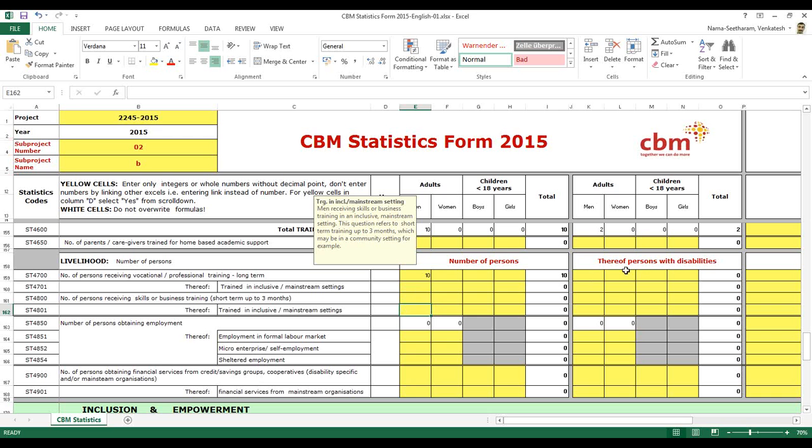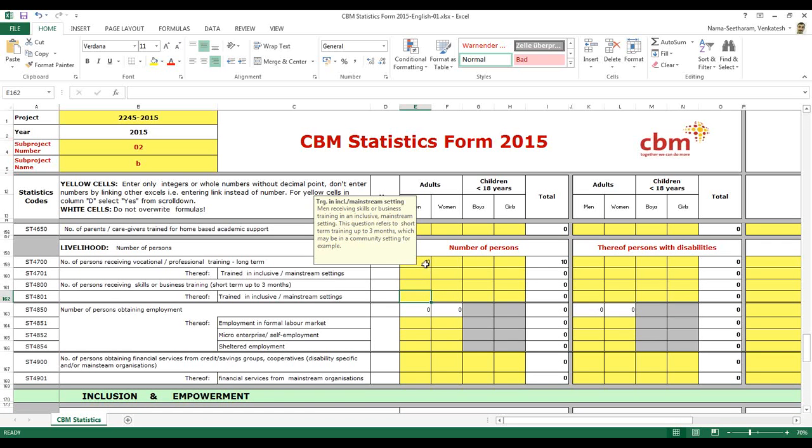Earlier we had only persons with disabilities, but the livelihood advisors advised that there are many inclusive settings where, for example, a parent or a person taking care of a disabled person will also be trained, so that you can put the numbers here and there are persons with disability, so that we know.